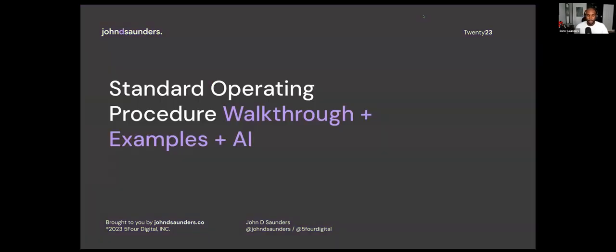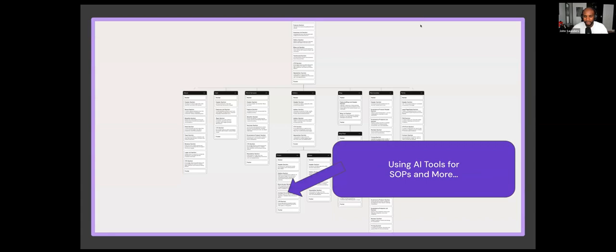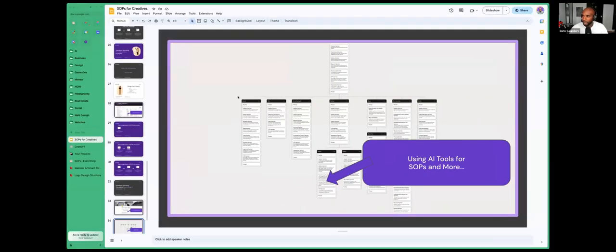So I want to show you another SOP that we created and how we incorporate AI. Now I'm hoping that this blows your minds a little bit. So let me go ahead and dive in and do that. And then how am I looking on time? 119, perfect. Okay, so first things first,